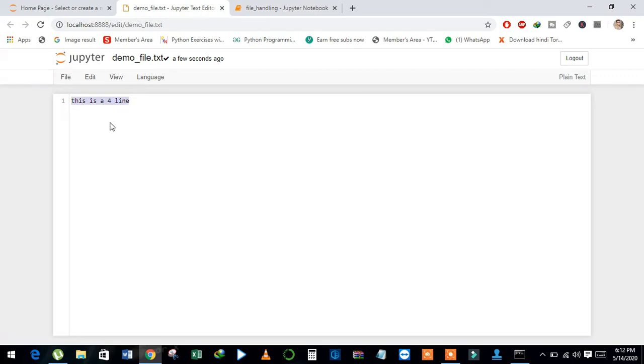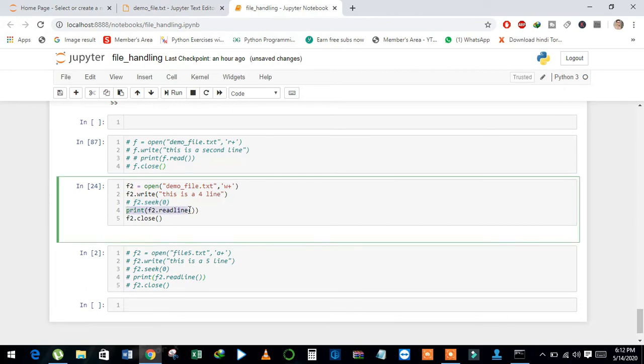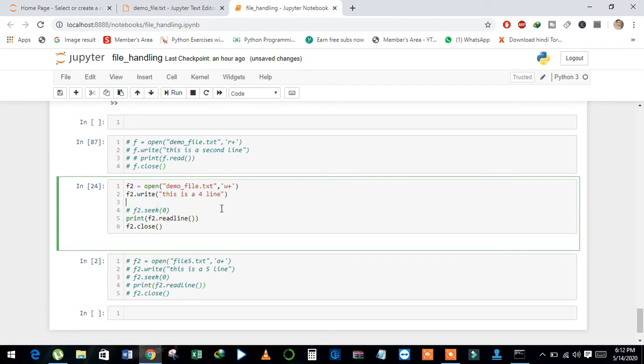This is the 4 line. But see here, I have used f2 dot readline. It didn't return any result. Let me explain why. When we write the data inside the file, the pointer goes to the end of the line, and when we start reading, it starts from the end of the line.